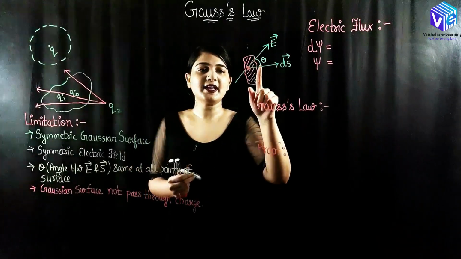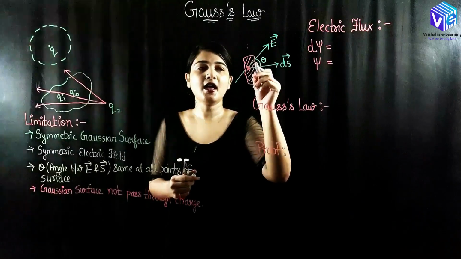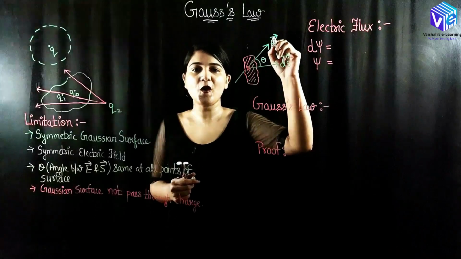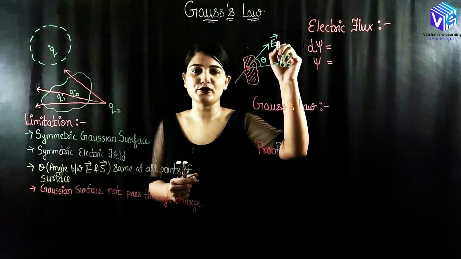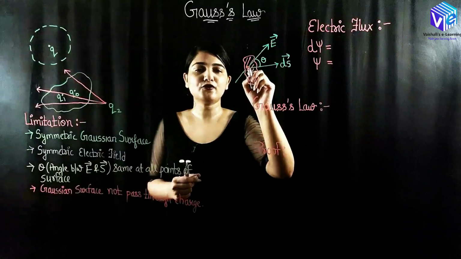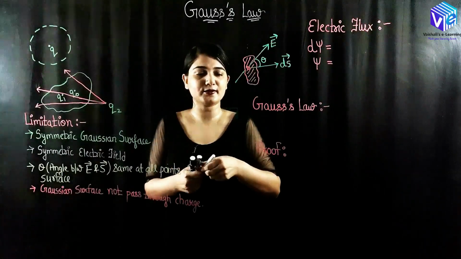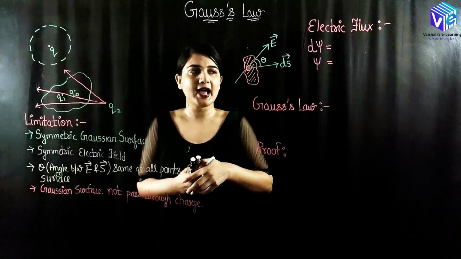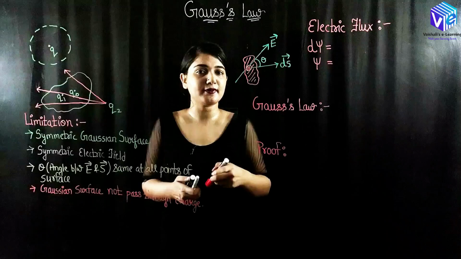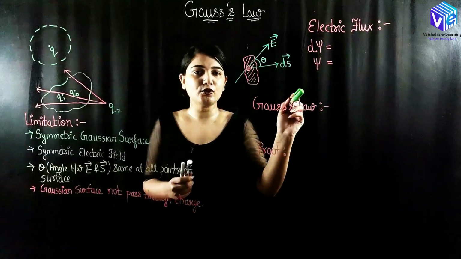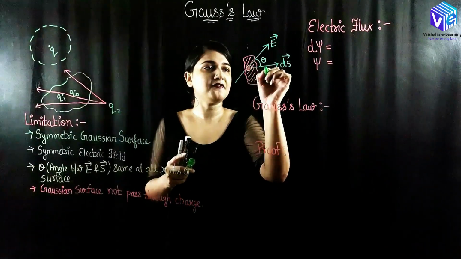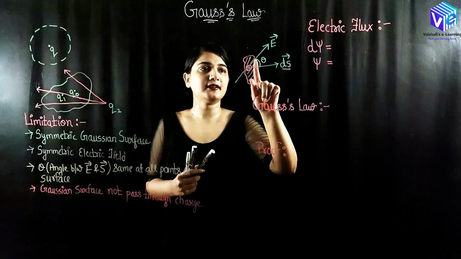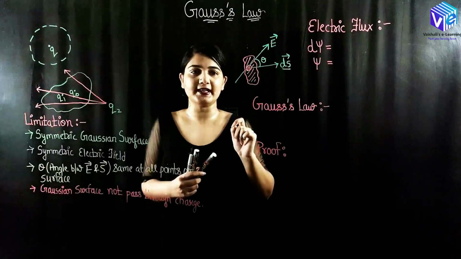Let's suppose this is my small area. Now here we have this electric field. This is the direction of the electric field, and this electric field is also constant. Now if I have to find the surface vector for a very small element on this surface, the surface vector is always perpendicular to the surface. So I can draw the surface vector like this. This is my surface vector, making an angle theta with the electric field intensity.